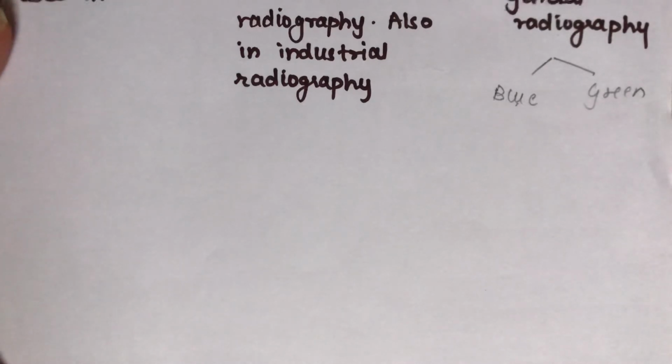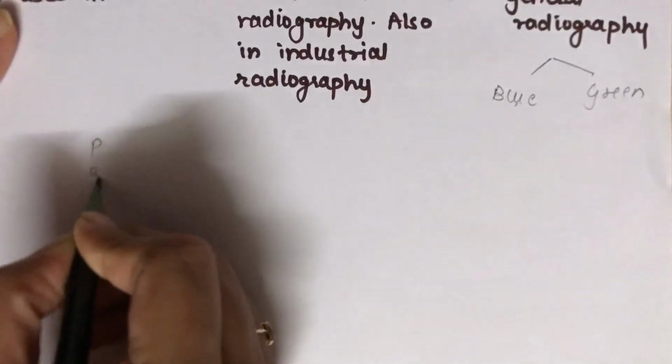Now the next classification is according to the use. We have seen it is intraoral, extraoral and duplicating. Intraoral films are used for taking intraoral radiographs. It is a non-screen film that consists of an emulsion spread on both sides. And they are of the following types. We have seen there are three types: periapical, bite wing and occlusal.